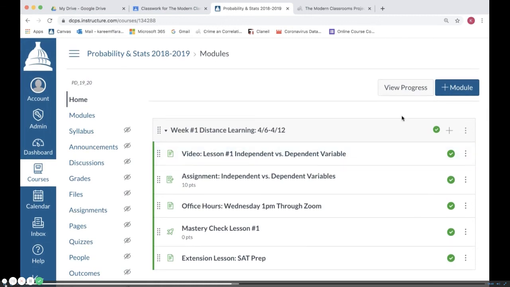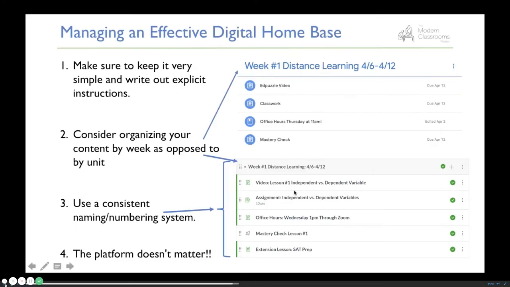So that gives you a little bit of a flavor of what I mean by managing a learning management system. You should also notice that it's incredibly simple in design. It's very easy to follow. A parent could open it and see exactly what needs to get done in a week. And if you're a child and you started the week's work but haven't finished it, it's easy to go back and know what you have and have not